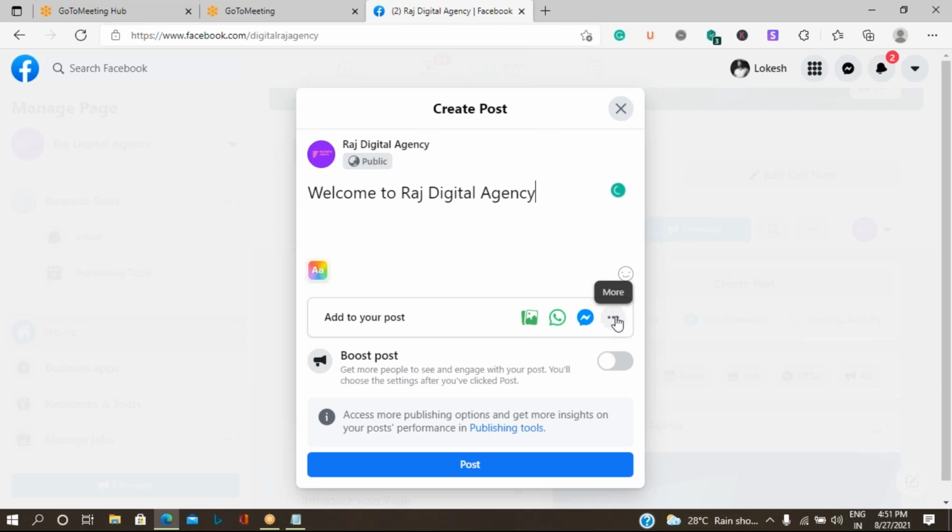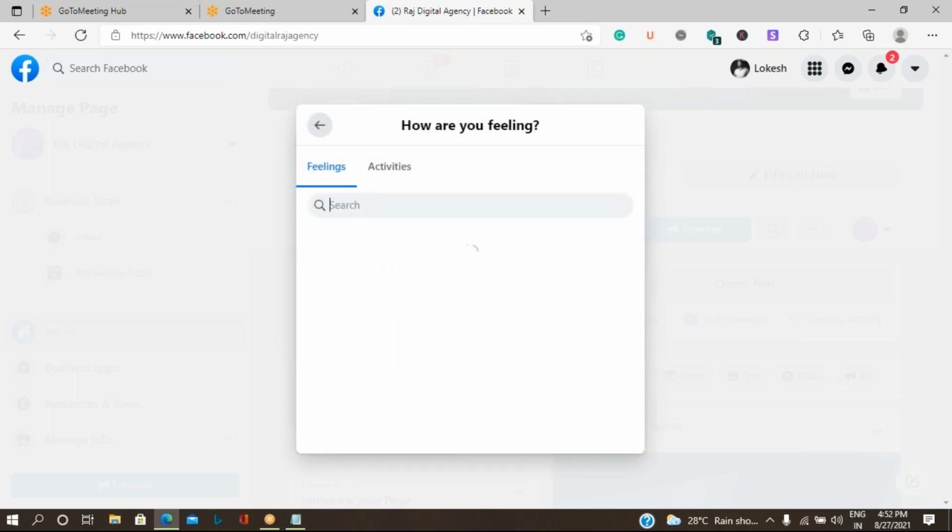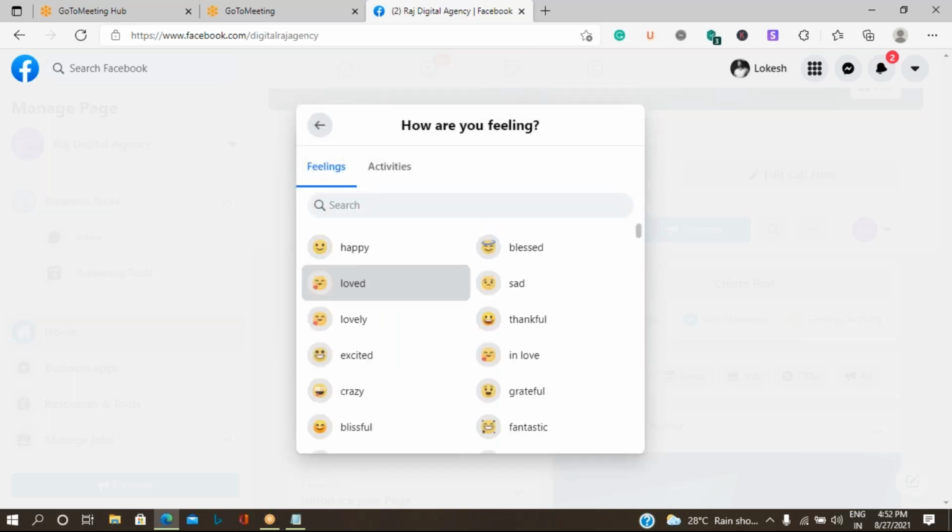Then you can use this more option so that you can link with the relevant options, like do you want to connect it with your WhatsApp number, or do you want to connect it with your Facebook Messenger, or do you want to give a contact number separately as a link, and do you want to share a post with the feeling or activity, for example, like I'm blessed, I'm celebrating. So like this, you can add your feeling or activities option. So commonly how you are going to use it in your personal profile text post, same way you can select with this.